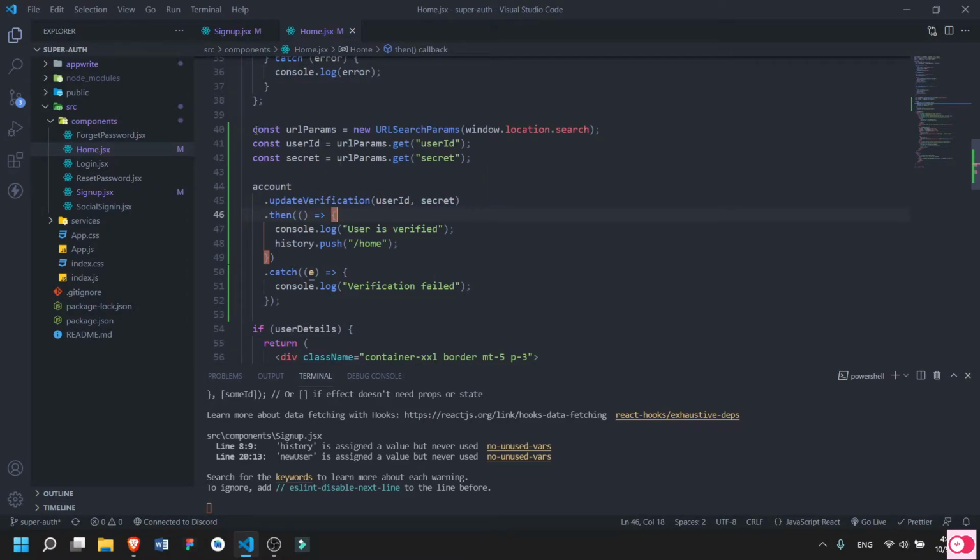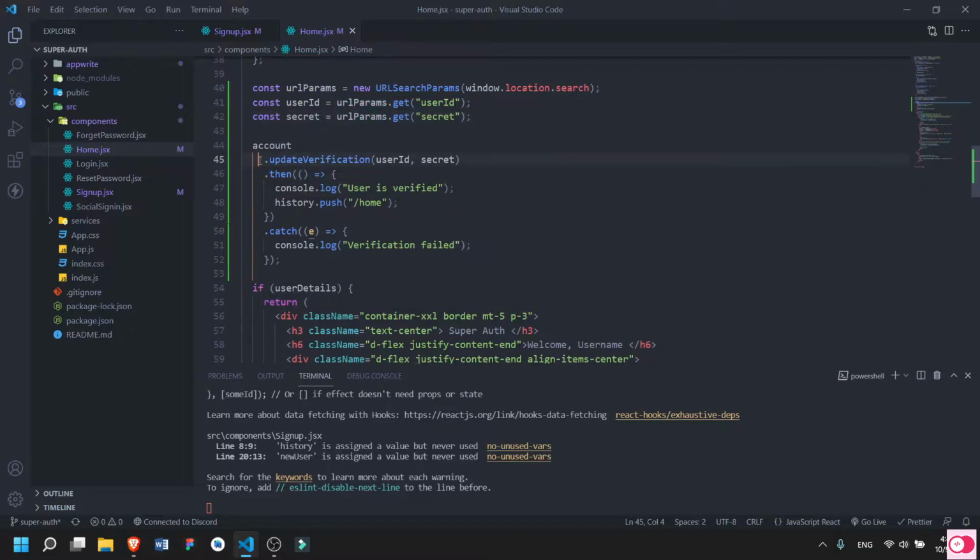So here you can see we have grabbed the user ID and secret from the link. Then we have used the update verification method and passed the user ID and secret, and after it is successful, this will log in the console saying that the user is verified and we will be pushed to the home screen. This is done to refresh our page, and if there is an error it will log it in the console.